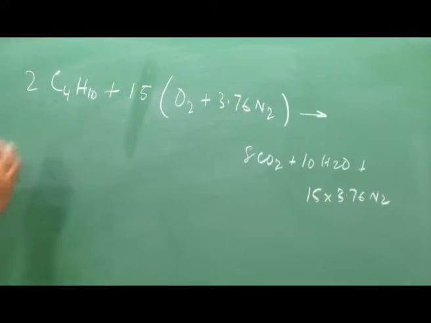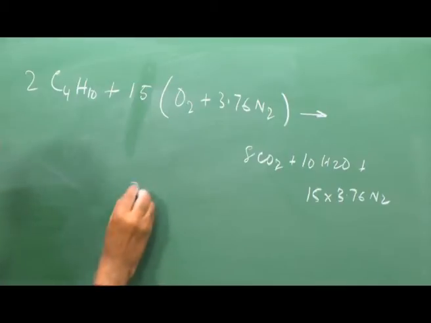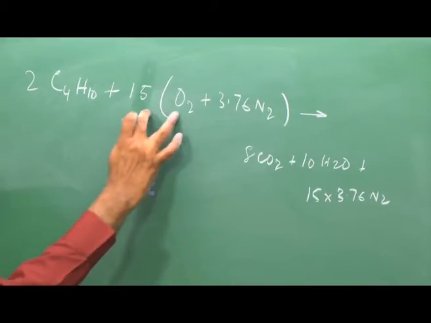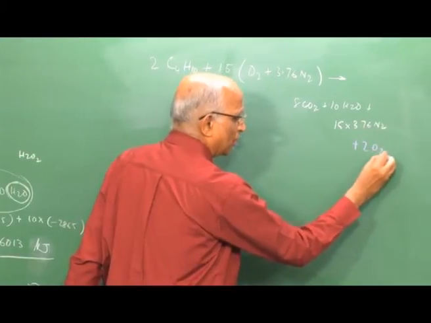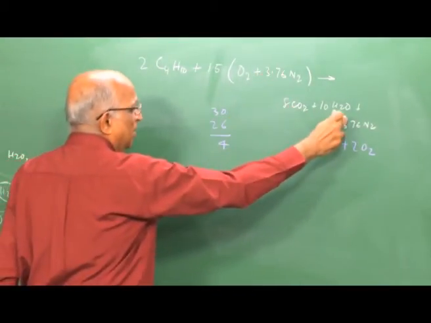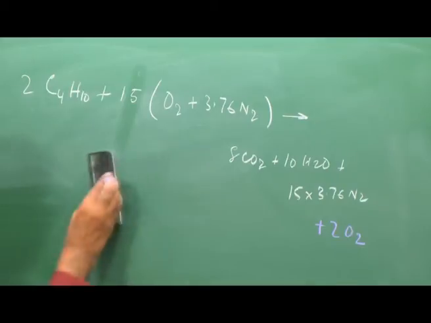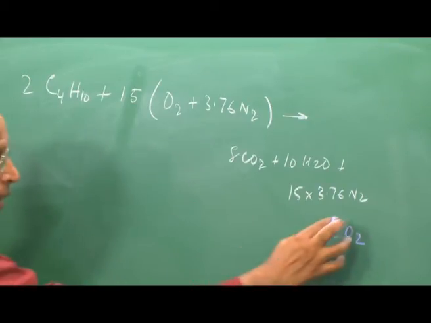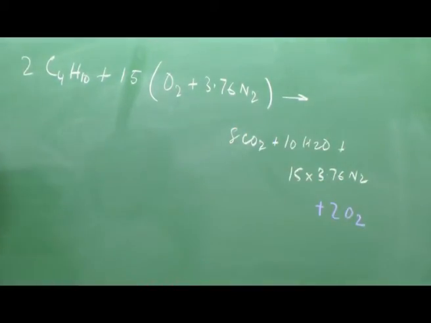You balance the equation, you find the amount of oxygen which carbon has consumed and hydrogen has consumed is 16 plus 10, 26, and the amount of oxygen I have is 30 over here. That means I am left with 4 of oxygen, and therefore in the products I will also have 2 O2. The nitrogen remains the same because it does not participate, it is inert. Therefore, now I have the reaction which tells me I have in the products, in addition to CO2 and H2O, some oxygen also. Now, what is the energy liberated in this reaction?